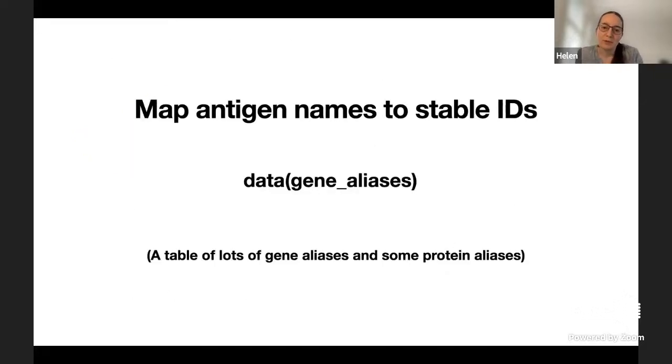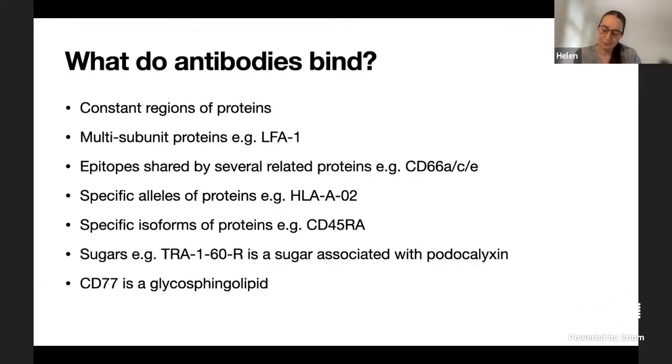So what I've been doing is to try and map antigen names to some sort of stable ID. And there's a data set in the package, gene_aliases, to help you do this. What sort of stable ID should we use? Well, it really depends, because antibodies can bind to all sorts of things. They can bind to a protein, a multi-subunit protein, an epitope shared by several proteins in a family. They can bind to a specific allele or an isoform, and sometimes they bind things that aren't proteins at all,